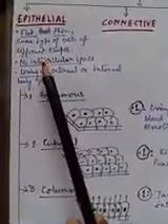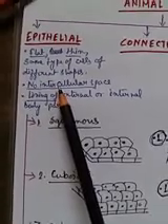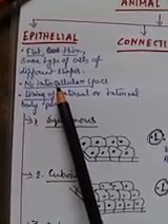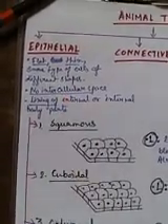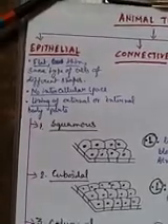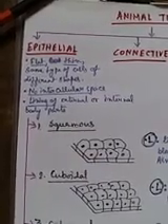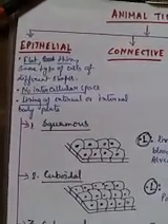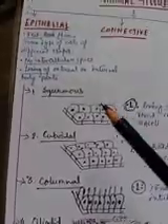Let's start with the epithelial tissue. The epithelial tissue covers the surface of the body and lines the various body cavities and internal organs, including the blood vessels. So what will be their functions? Their main function is protection, and sometimes they are responsible for secretion in the case of glands, and sometimes they help in sensory functions also. Depending on their shape, we can divide this epithelial tissue into 5 separate parts. I am showing you 4 different parts, and later on I will show you another type.